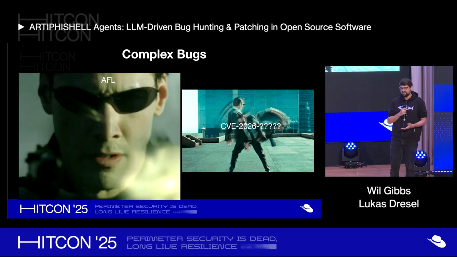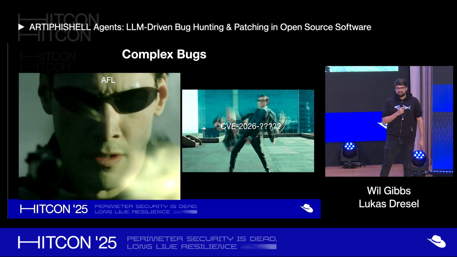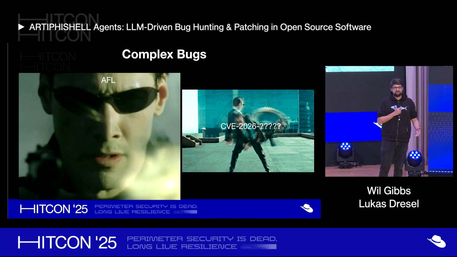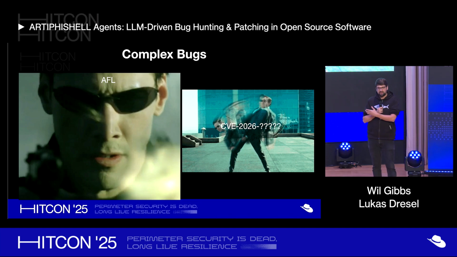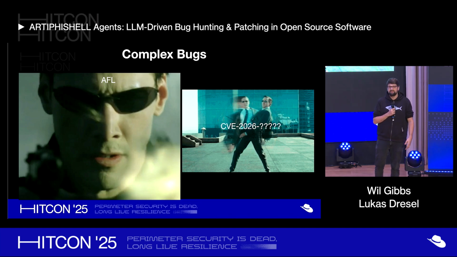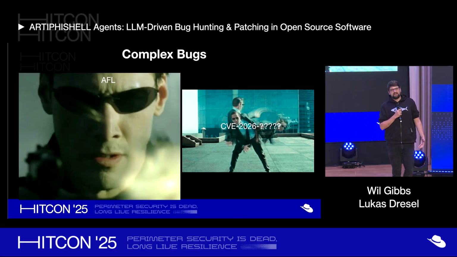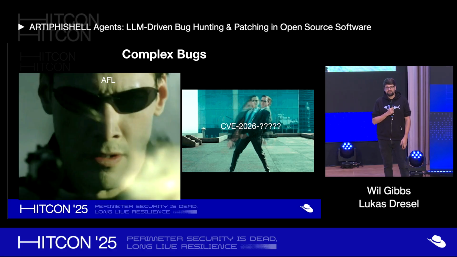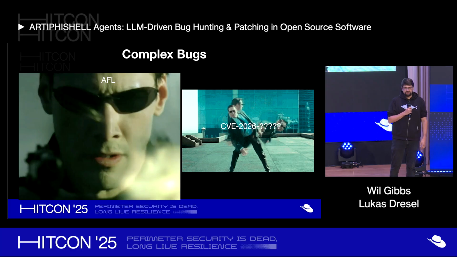And unfortunately, the next bugs that we're going to be finding are a lot harder to fuzz. These projects have been fuzzed for a while. These bugs have dodged every single thing we've thrown at them. And we really have to step up the analyses that we do and find new ways of analyzing this code to find these bugs anyways.